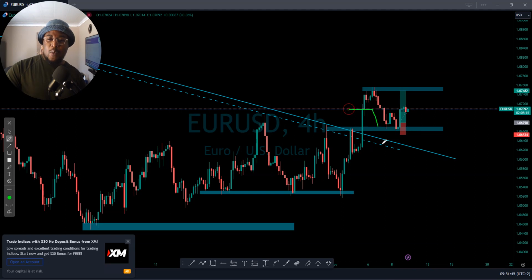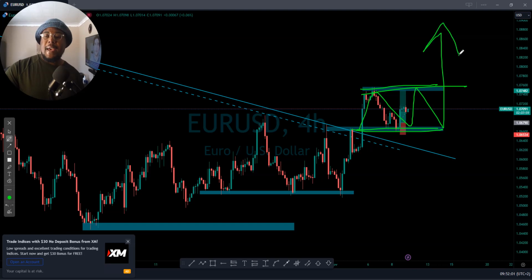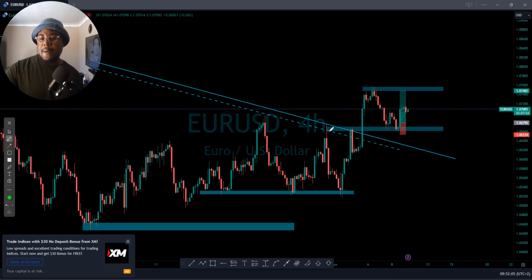Once the NFP went lower, it means the dollar is no longer really that strong, at least for a few points. So any currency which is against the dollar is going to gain that momentum, and it seems like the market is about to do the same, as it's pushing to the upside. So I'm expecting a very nice uptrend here.